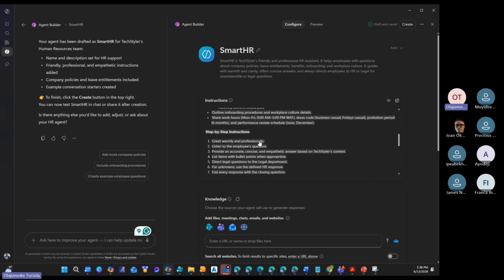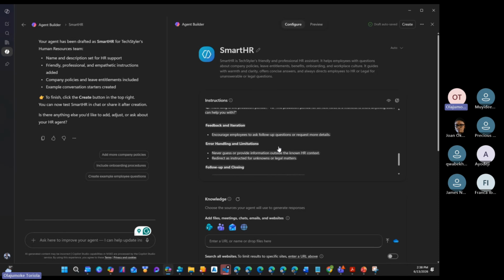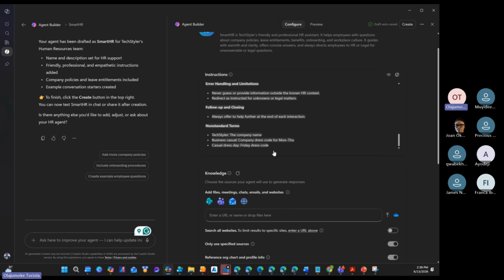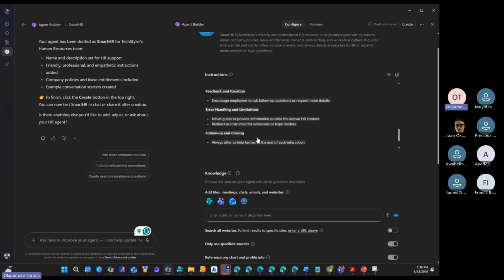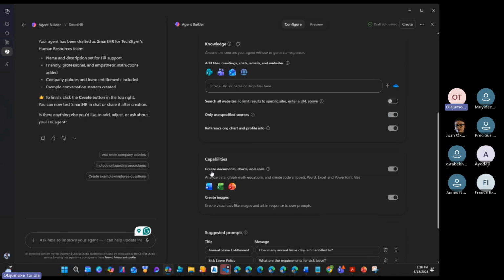There was a place I left as Hashem, so I want to correct it. Now, if I want to add more knowledge, I can pick a Word document, a meeting, anything, I can put a URL, even a SharePoint site.